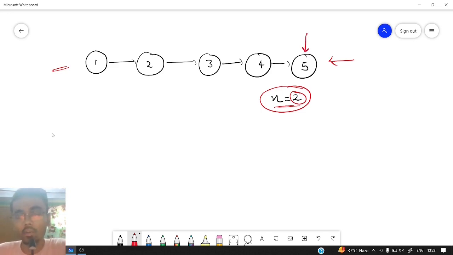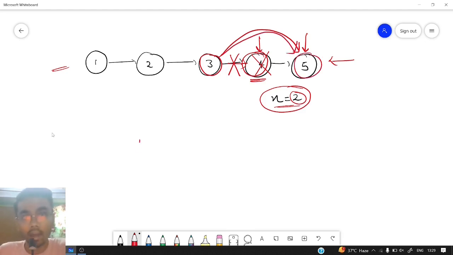So this is the first node from the end and this is the second node from the end. This is the node that we want to remove. Now what will happen if we delete this node? We also need to change some additional things in our linked list so that we can remove this particular node. First of all, we will change the previous node's next pointer to point to the node after the deleted one. Otherwise, it would be pointing to a deleted node, which means it is not pointing anywhere.